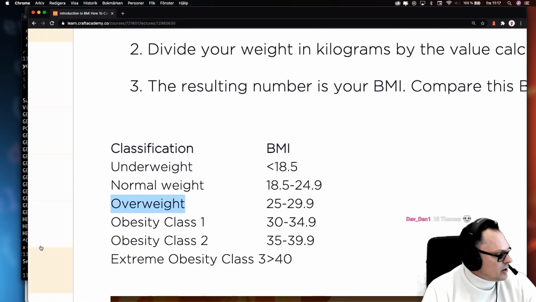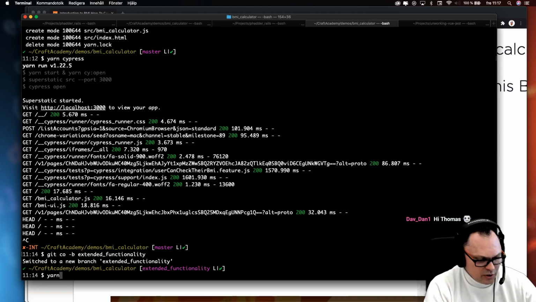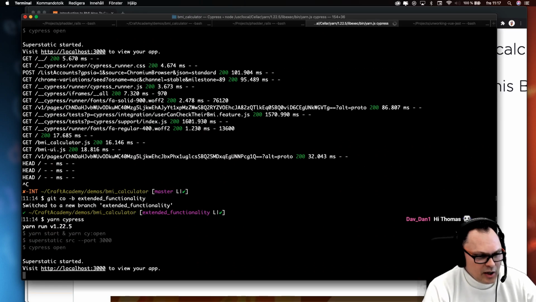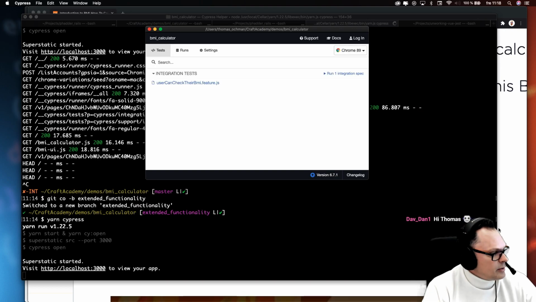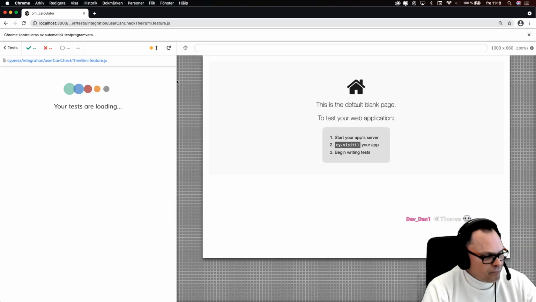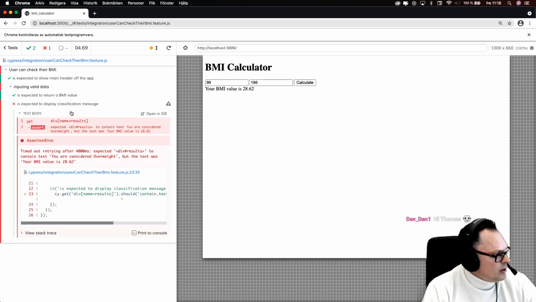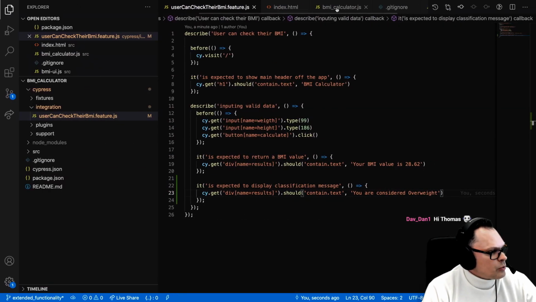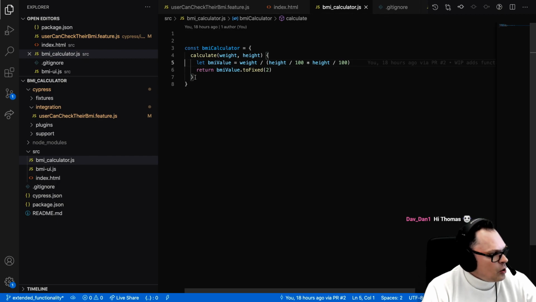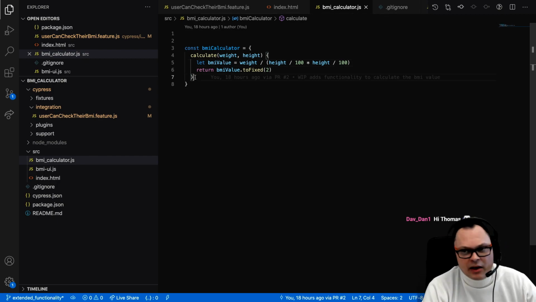So if we run this now, we're just going to throw yarn Cypress. This should give us an error, of course, because we are not dealing with this in any way. Right, so this one is erroring out. So how can we do that? Well, we could, in our BMI calculator,